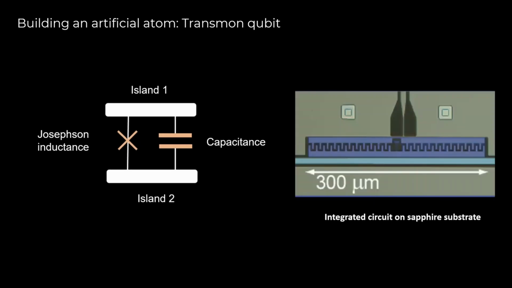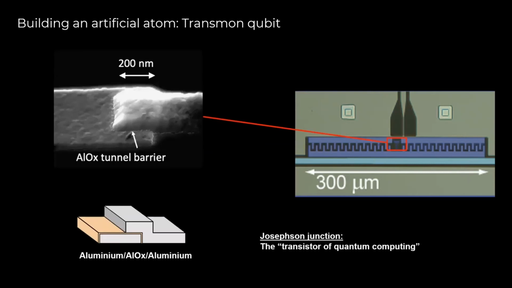In practice, this is what a transmon looks like. On this integrated circuit, we have a sapphire substrate where we have the capacitance and the Josephson junction. The capacitance is this blue line that you see. It's a very small scale, 300 micrometers. In the middle, you have the Josephson junction, which is 2 pieces of aluminum that have been etched onto a substrate, and then you have a thin bridge of aluminum oxide. This is where all the electrons will tunnel through. And so you have basically your system.